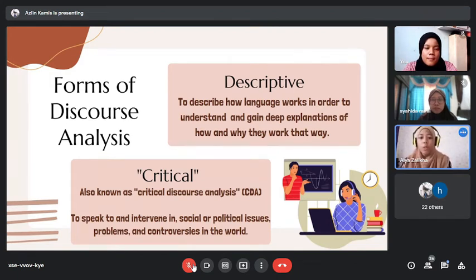Contrary to descriptive, another form of discourse analysis is critical, as in critical discourse analysis or CDA. Their goal is to speak to and intervene in social or political issues, problems, and controversies in the world. People who take the descriptive approach think that a critical approach is unscientific because the critical discourse analyst is swayed by his or her passion or interest in a certain discourse for intervening in some problems in the world. In contrast, the people who take the critical approach think that purely descriptive analysis is an evasion of social and political responsibility. This is because they do not contribute to the scientific progress of the world. So next,